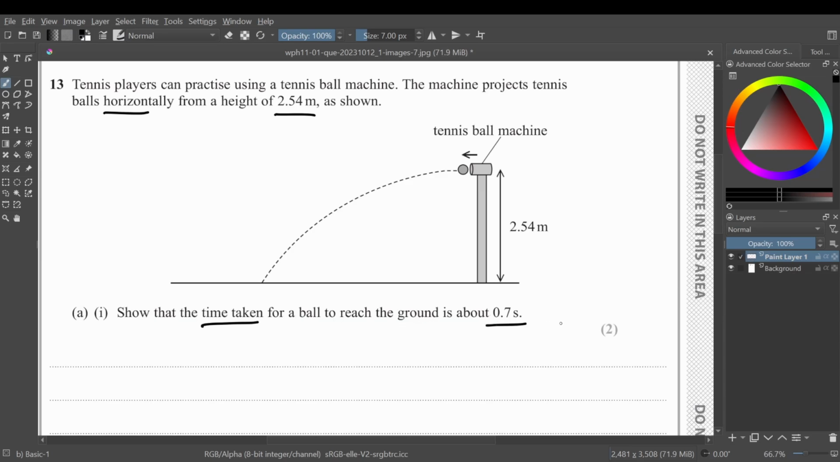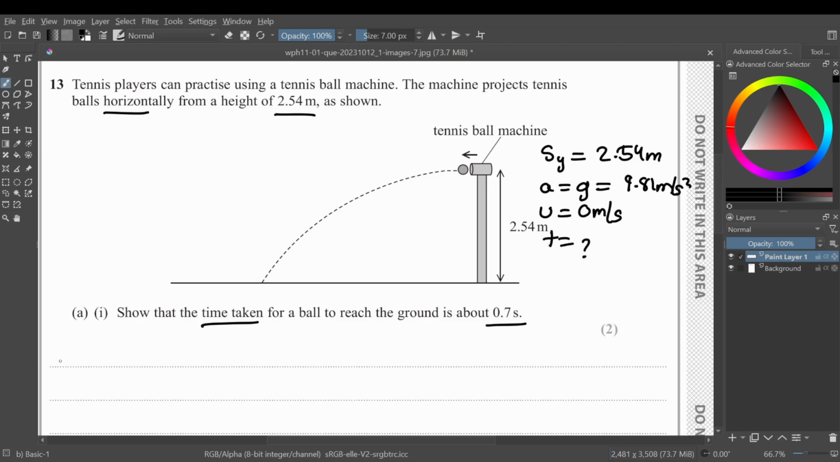Okay, so let's see what information we have been given. We have been given the tennis ball machine height from where the tennis ball will be projected, right? So it's Sy is equal to 2.54 meter. Now we have acceleration as well, which is gravity, 9.81 meter per second square. We also have initial velocity, which is 0 meter per second, as the ball is going to be at rest before it is projected from the tennis ball machine, and then you have to find the time,